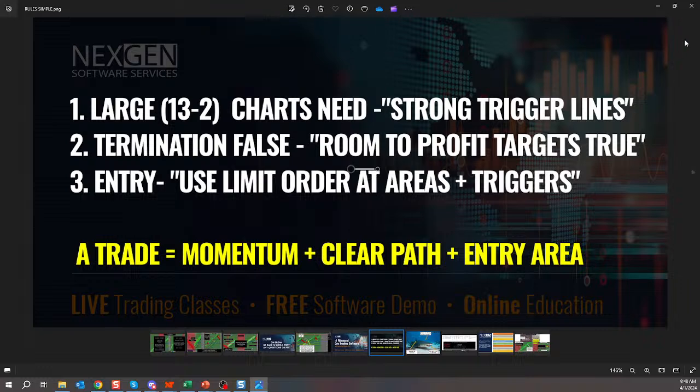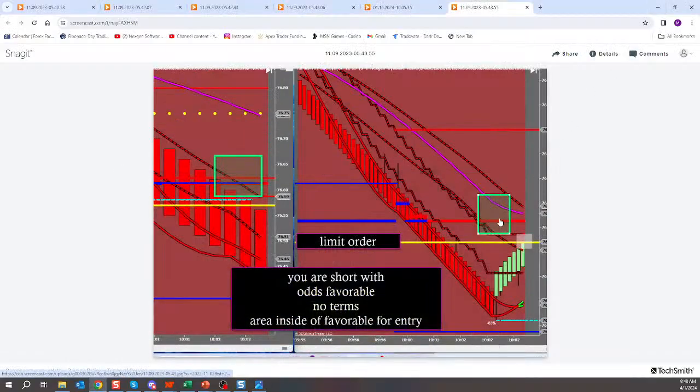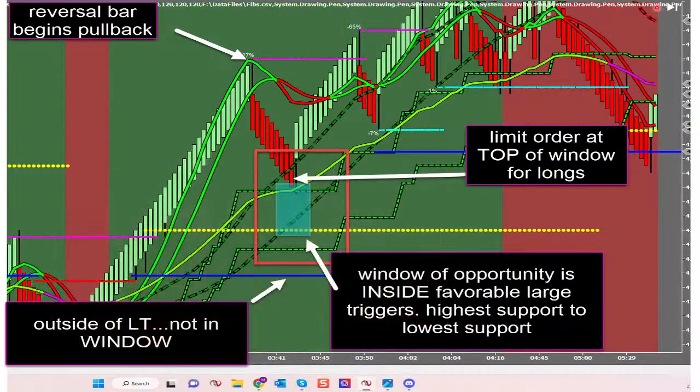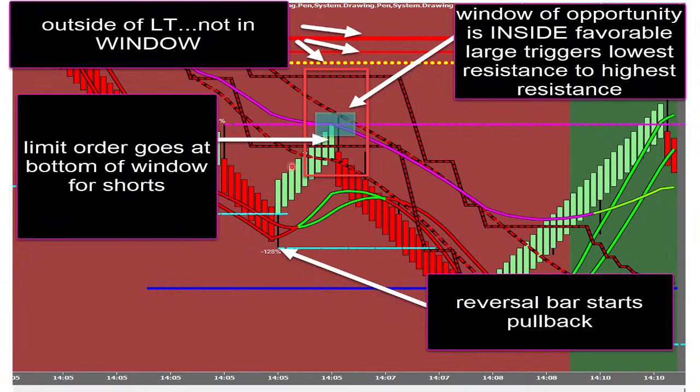And the only thing that you need to do for the next 20 days, and I tell this to every user, is get good at recognizing entries. Get to the point where you can understand where the market is most likely to continue. For a long trade, your window of opportunity goes from the highest point of support to the lowest point of support, and your job is to activate a limit order right at the top of that window. In a short trade, from the lowest point of resistance to the highest point of resistance, inside a favorable large